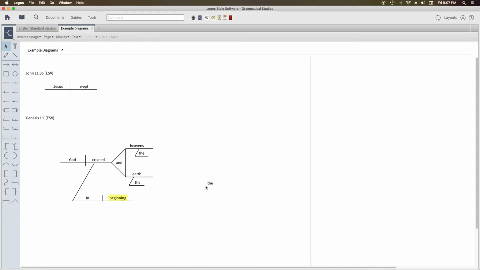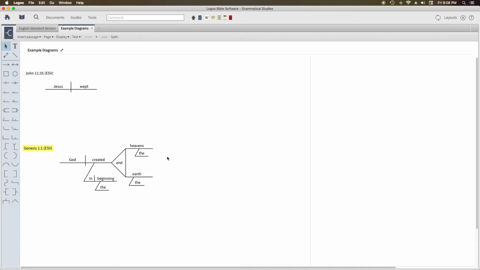Now, this definite article is never going to be an object of a preposition. It's just modifying this word beginning. But we got this here, and we're going to slide this over to make a little bit more room so it's not as large. And there we go. We can bring it up here to bring it a little more in line. And then we just got this word here, the. And this is modifying beginning, because it's the beginning. And there we have Genesis 1:1